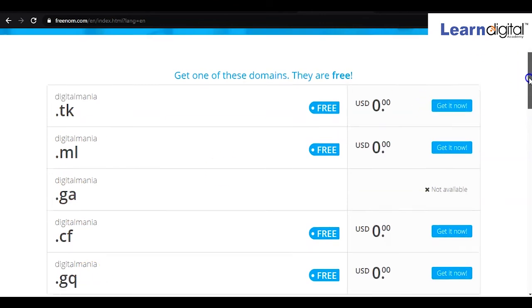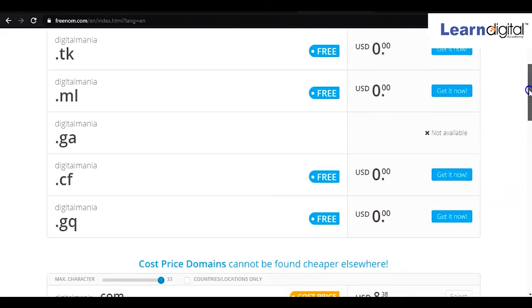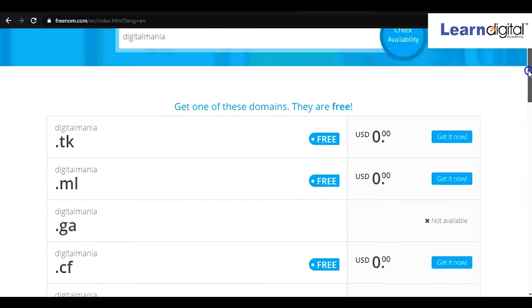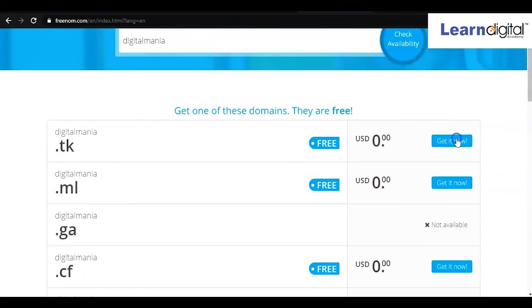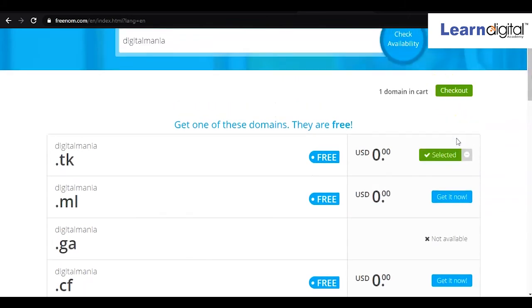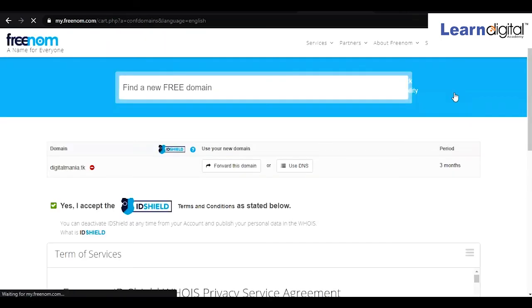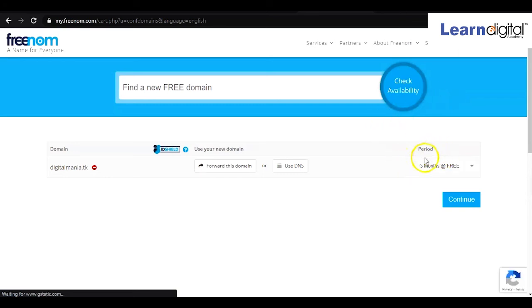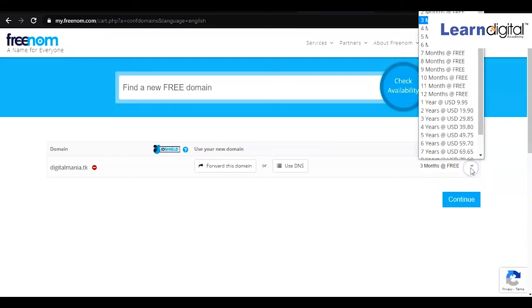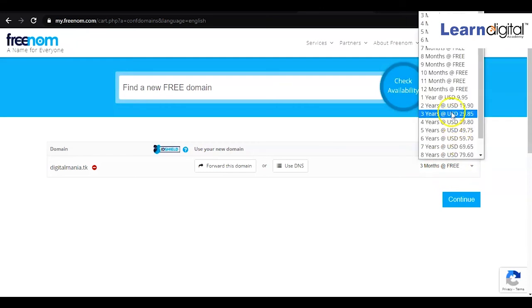For that, you can take it for a maximum of 1 year, and if you select get it now, it will ask you for the duration, and after that you click on checkout and once again create your account on this platform. From here you can see the period; the minimum is 3 months. If you click on this drop-down button, you can take it free for up to 12 months.